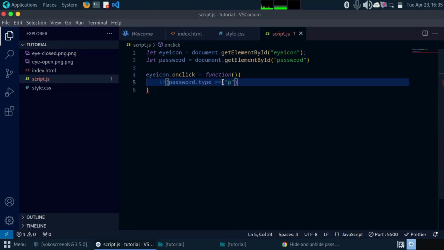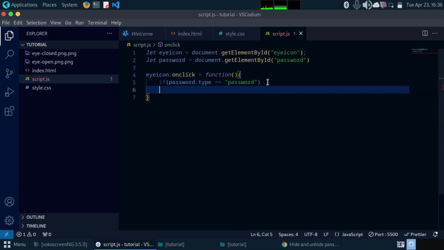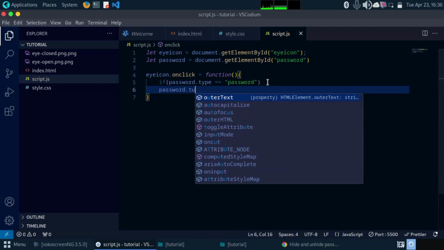If you have triple equals here, it is called strictly equals to password. So we are using double, that shows that if our password type is not equals to password, then password dot type